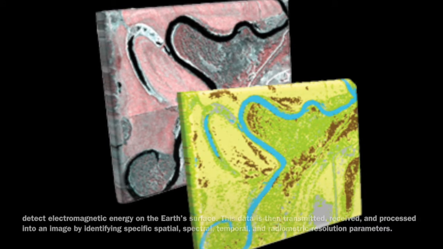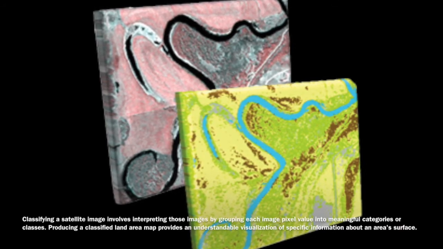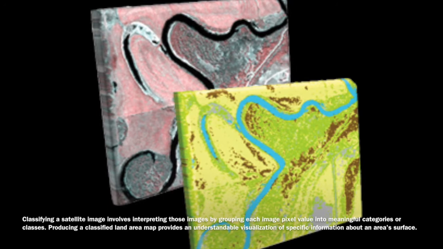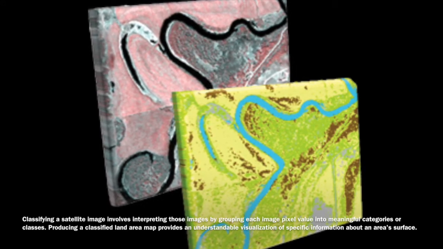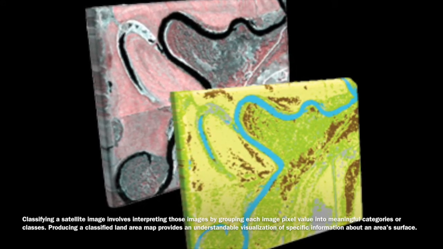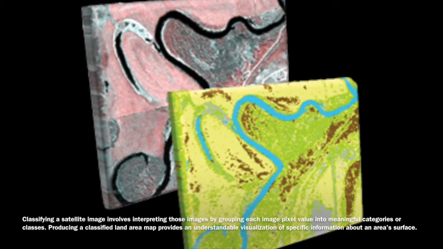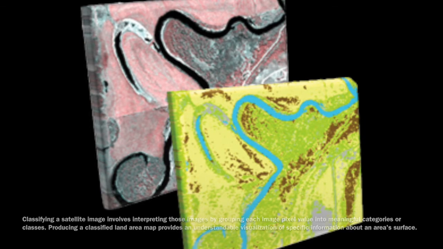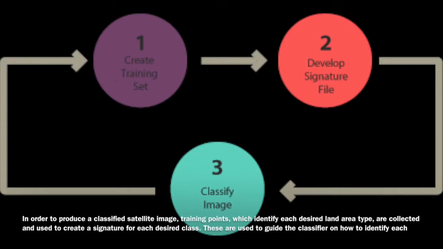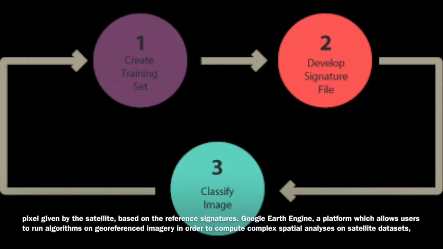Classifying a satellite image involves interpreting those images by grouping each image pixel value into meaningful categories or classes. Producing a classified land area map provides an understandable visualization of specific information about an area's surface. In order to produce a classified satellite image, training points, which identify each desired land area type, are collected and used to create a signature for each desired class. These are used to guide the classifier on how to identify each pixel given by the satellite, based on the